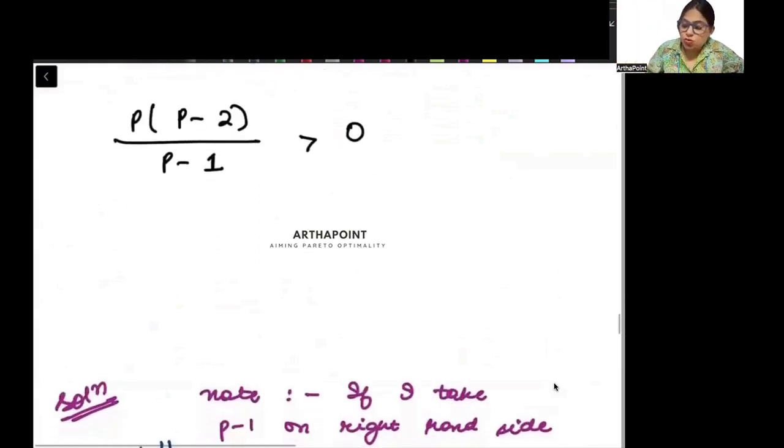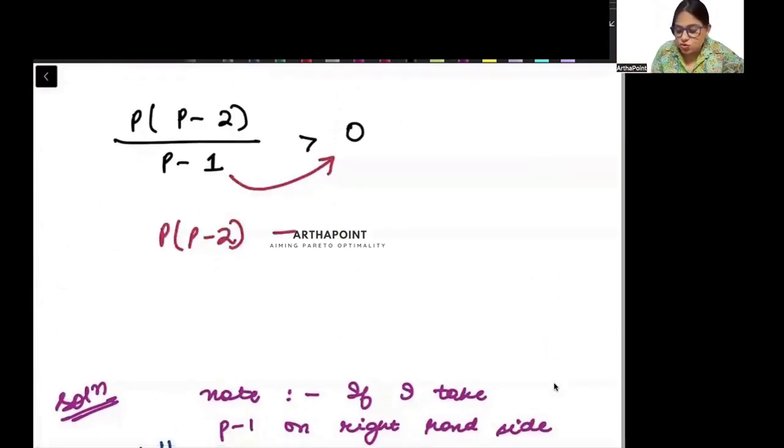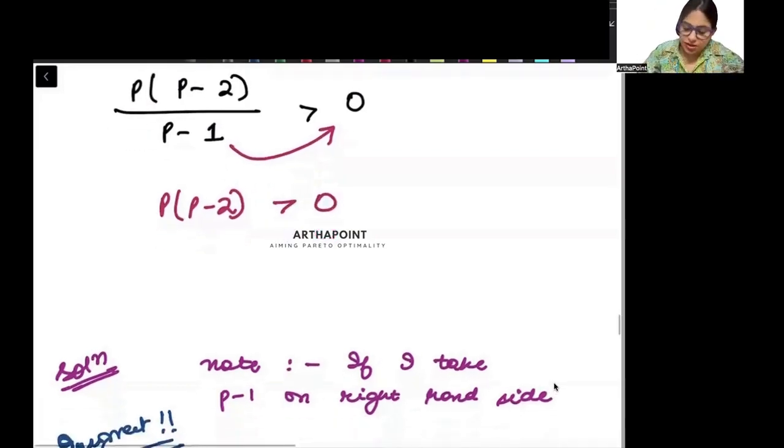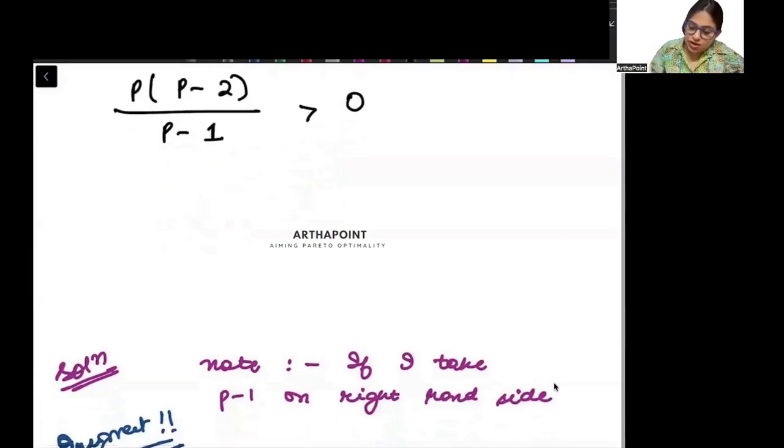Again I am saying, don't take this here and just say p into (p minus 2) greater than 0 and solve this inequality. It is incorrect. You need to go ahead and solve the entire fraction. You have to solve the whole fraction. Don't do this, that you just go ahead and solve the numerator. It will be incorrect. Clear? Okay, now listen to me carefully. Again, beta,